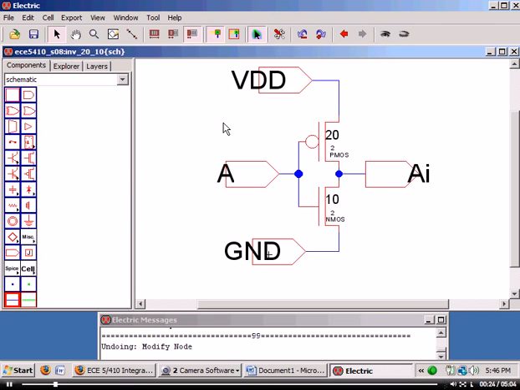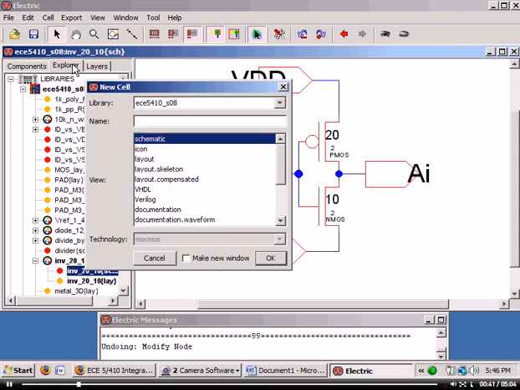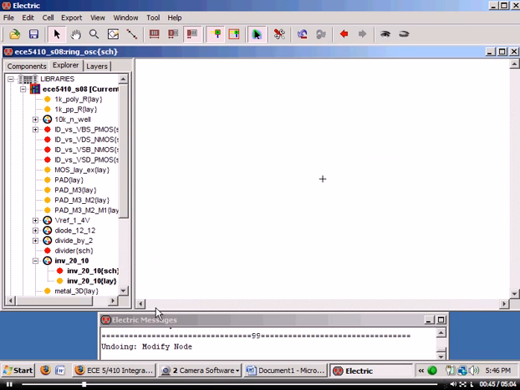So should we make an icon or not? Nah, let's not. You know how to do that already. But let's start making a ring oscillator. I'll just call this Control. You don't know what that is. It's just some inverters put together. Control N, ring oscillator. And then let's drop in our inverter layout